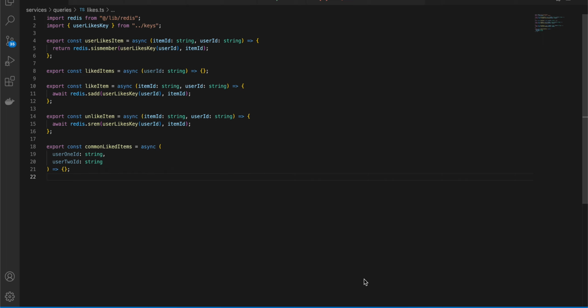Today we'll be talking about how to do likes and unlikes of a particular created item using Redis. So we will be using sets for this. First, inside your services queries, create a likes.ts. I have created a few methods: user likes item, liked item, is empty, like item, unlike item, and common